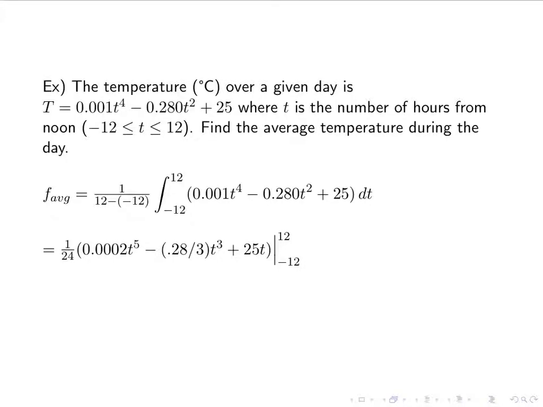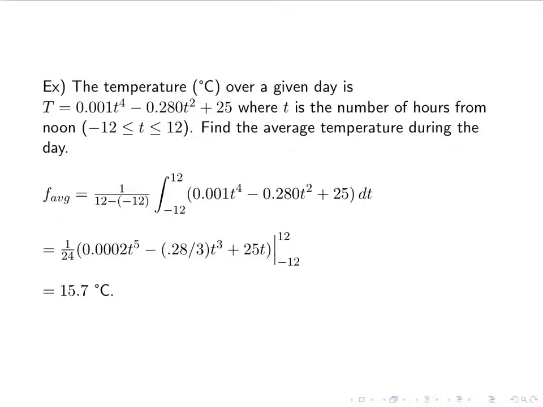So our fraction becomes 1 over 24, and then if we integrate, we get the following, and we're going to evaluate it from -12 to 12. And if you want, you might want to pause the video and make sure that this is the integral you get when you do it out, and then you might want to find the actual value and then make sure it's the same as what I get. So, we plug in our 12, we plug in our -12, we subtract the two, and we get 15.7 degrees